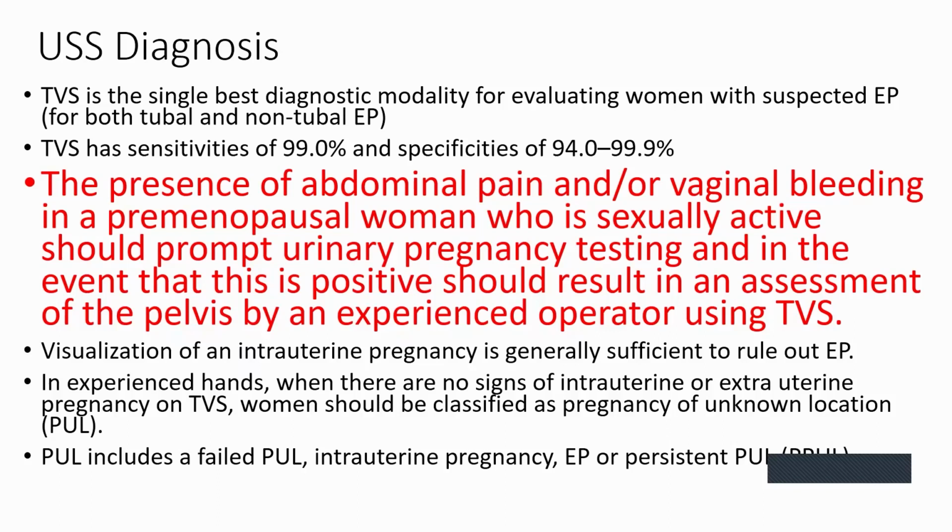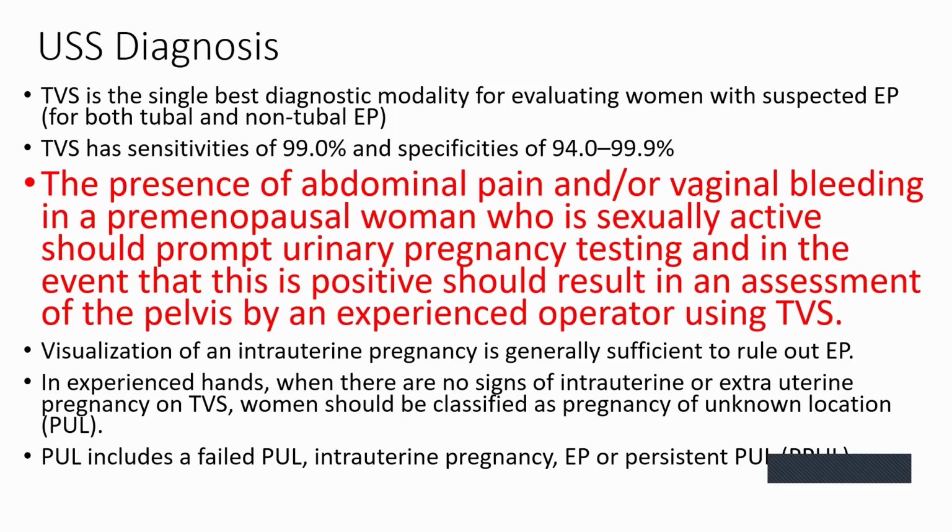So when a woman presents with abdominal pain or vaginal bleeding in the reproductive age group who is sexually active, we should prompt for a urine pregnancy test. And if it is positive, we should offer an early ultrasound scan, specifically a transvaginal ultrasound scan, to see the location of the pregnancy. So usually visualization of an intrauterine pregnancy generally excludes the diagnosis of ectopic pregnancy, but we should keep